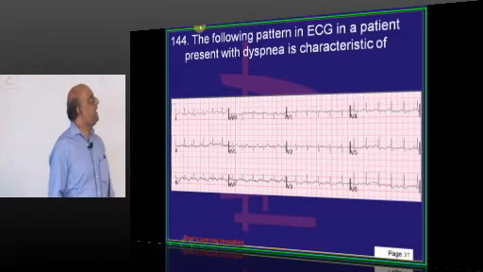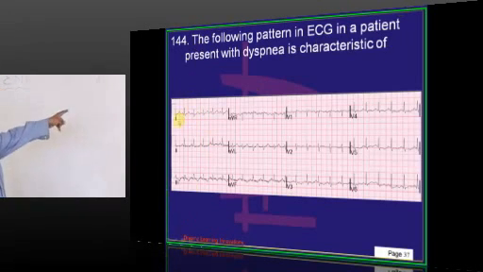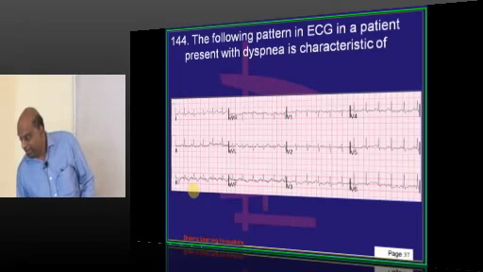So what is this ECG in a patient who has got dyspnea? After the R wave, there is a negative deflection which is called S1. Then in lead 3, before the R wave, there is a negative deflection which is Q, and there is a T wave inversion, T. S1, Q3, T3 is the most characteristic feature on the ECG whenever